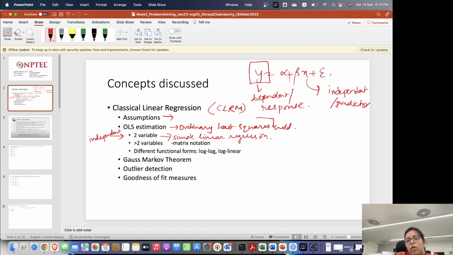If there is only one predictor, this falls in the paradigm of simple linear regression. By two variables I mean both dependent and independent. And when we have more than one independent variable, this is typically a case of multiple linear regression,